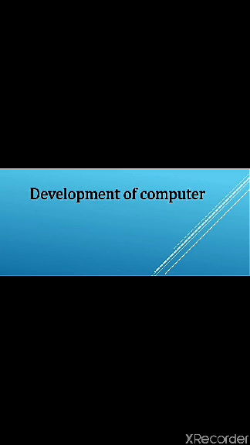Today we are going to learn about development of computer. Already in my first video, I have taught you history of computer. So today we are going to learn development of the computer. Students, the development of the computer took place in various stages called generation. So to develop a computer, it took various generations. There are total 5 generations. Let us learn each generation one by one.